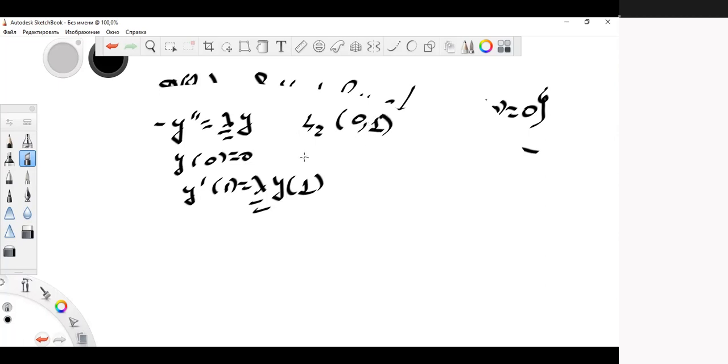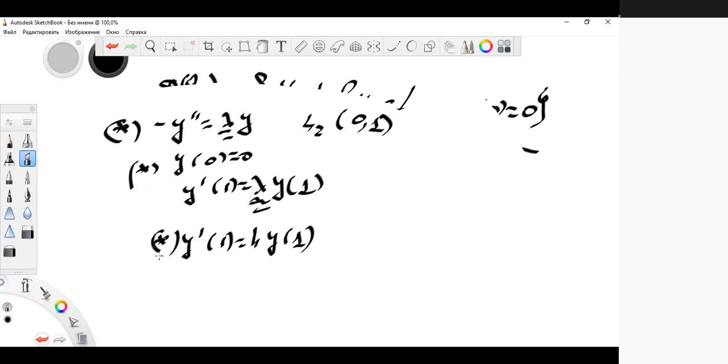And when, instead of lambda, you have some real parameter, like y prime 1 equals h y1, you can simply associate with that problem